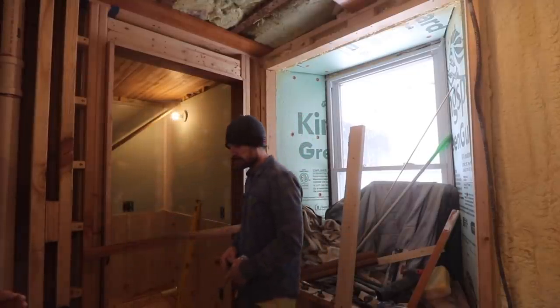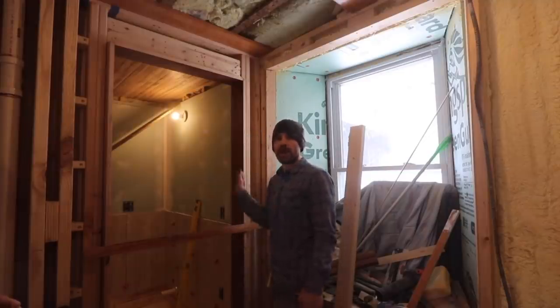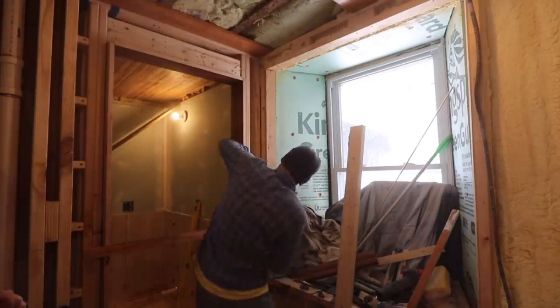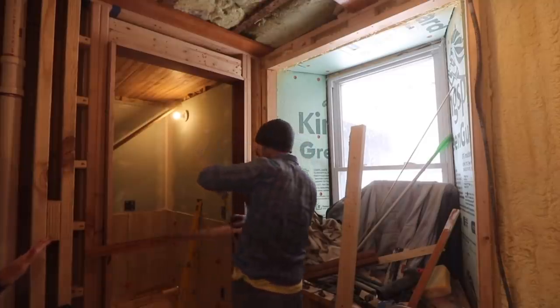Okay, step 1 is, did he do that on the hinge side? I don't think it matters. No. Step 1 is you measure from the bottom of your casing up to some random amount. I'm going to measure 53 inches. Well, the first step was checking for plumb in your...